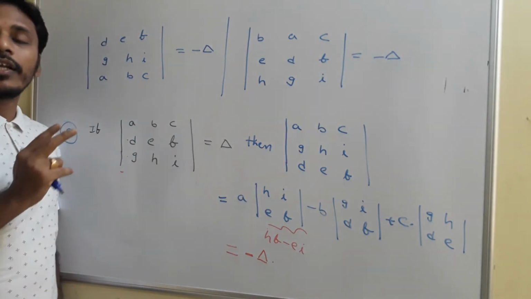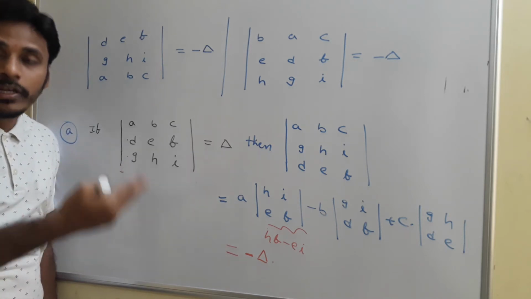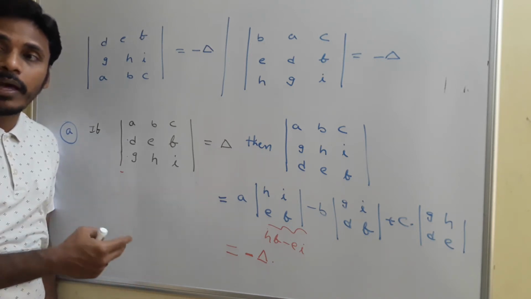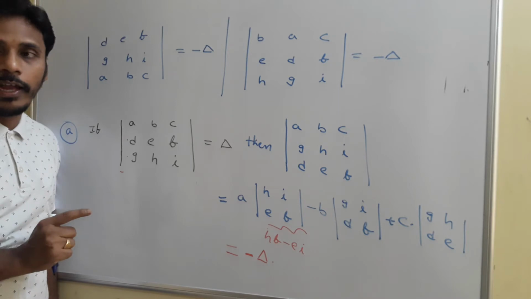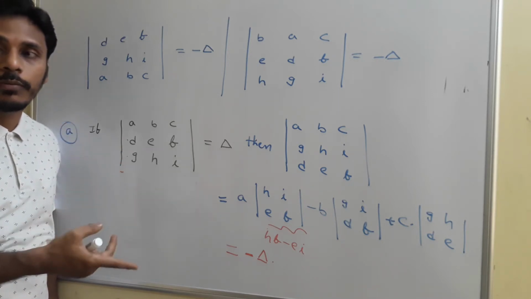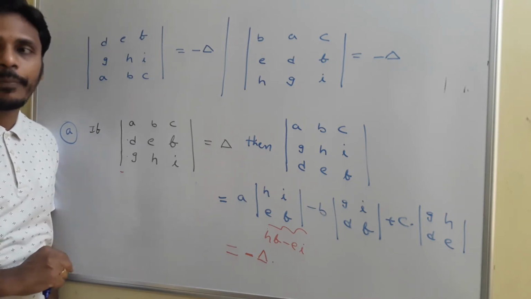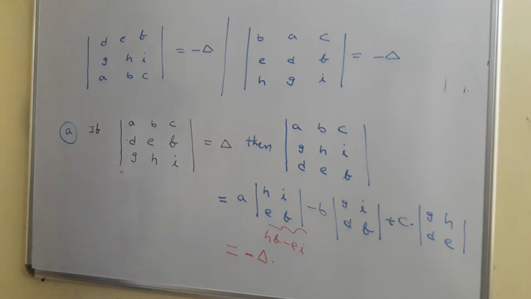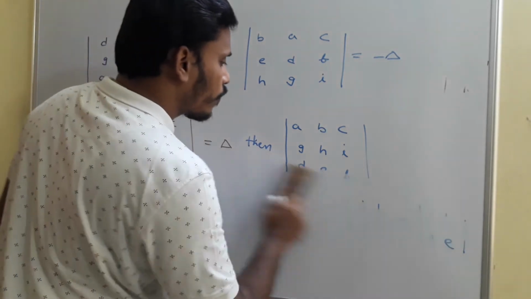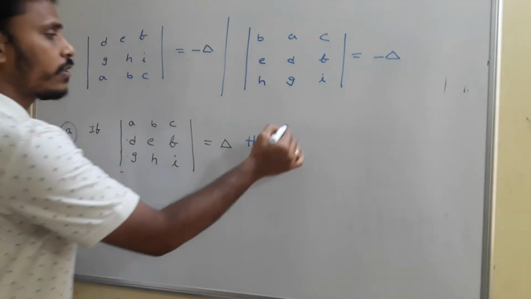So if you interchange any two rows or any two columns, the determinant of the new matrix is affected by a minus sign relative to the original value, if you interchange one pair of rows or one pair of columns. Whereas if you interchange two pairs of rows or columns, what will happen? Suppose this determinant value is delta, and you wish to find the determinant of, just have a look here,